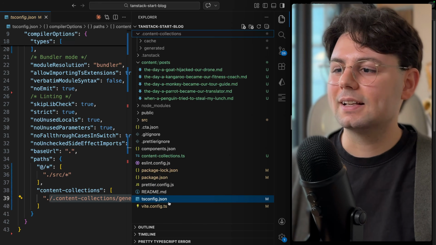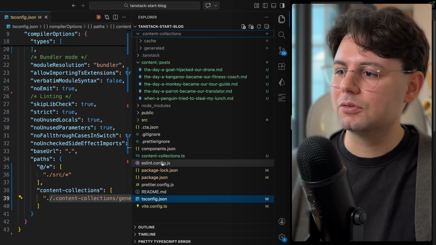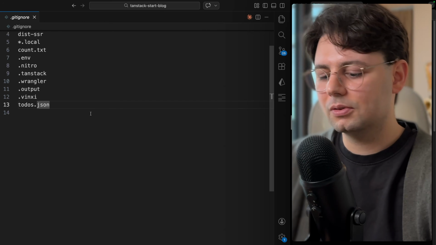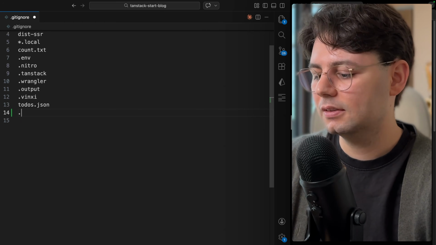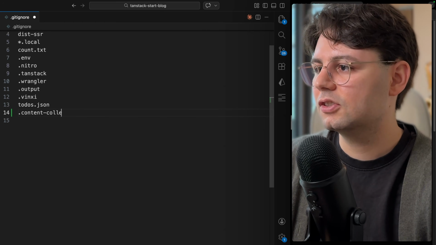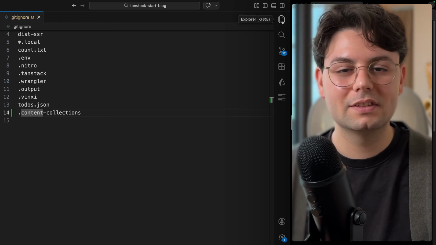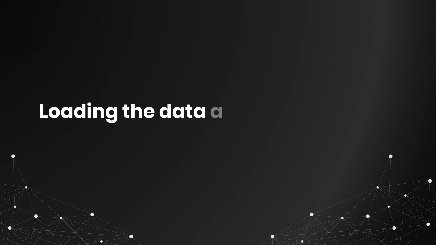Now I have noticed that it actually missed one of the steps. If you look inside that git ignore, it did not add the folder, so let's add it over here. So dot content collections. So I'm gonna commit all of these changes,